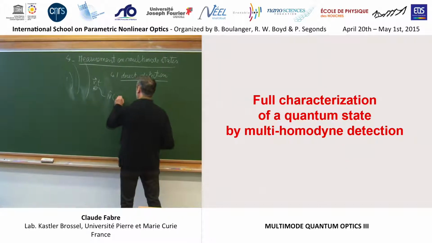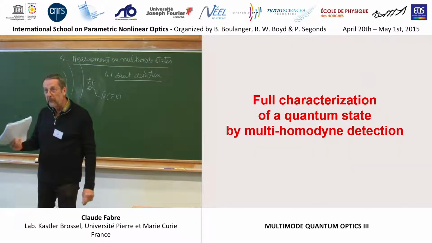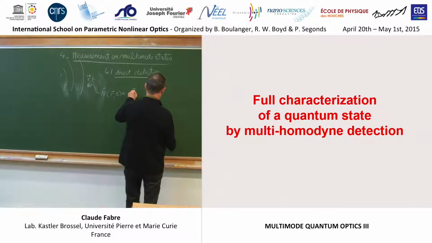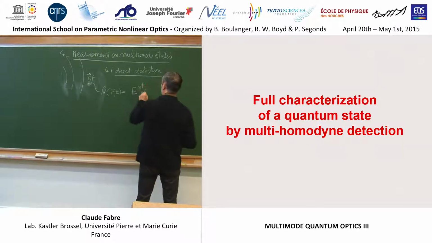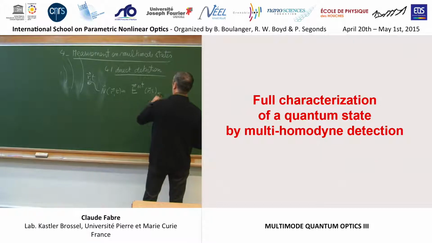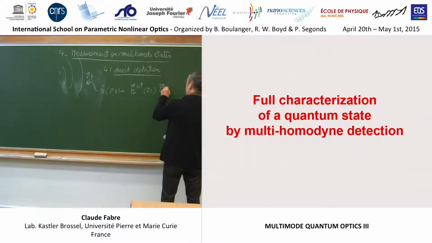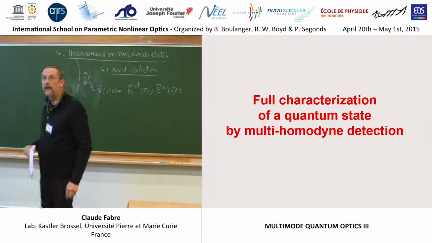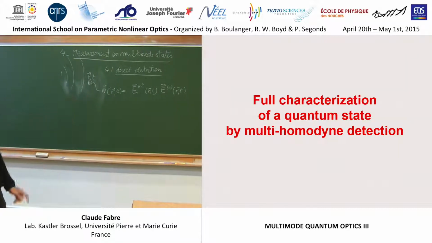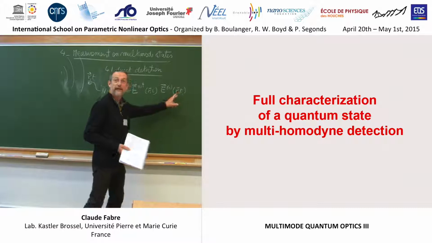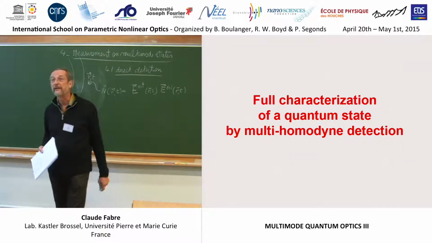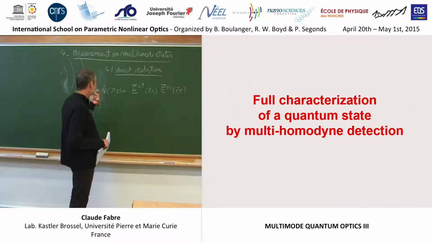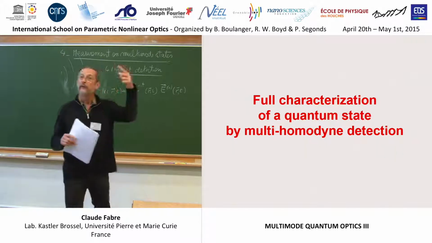number of photons measured at the point R in time t, which is nothing but E minus, which is E plus dagger of R and t, E plus of R and t. Okay, so this is something, it's a square of the field in some way. Classical equivalent of that, of course, is the modulus square of the complex field. Makes sense? So what Roy Glauber showed was that by a perturbative calculation of the quantum